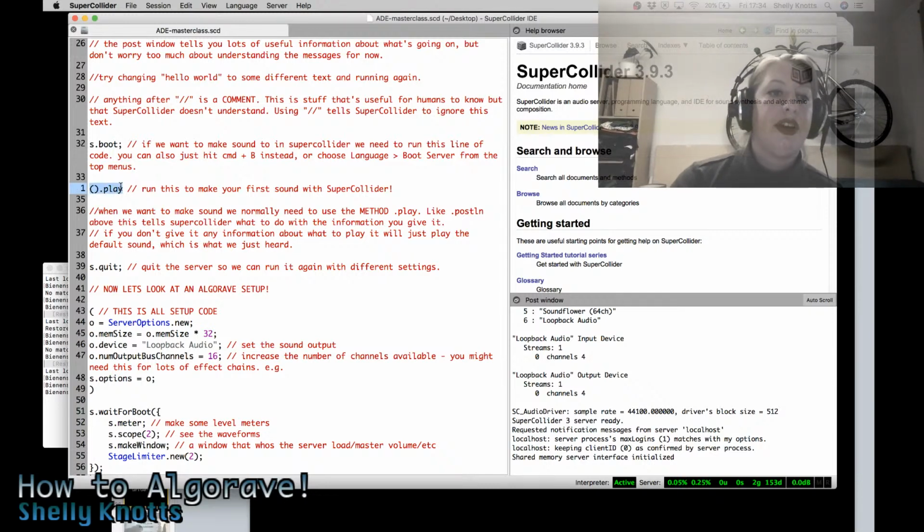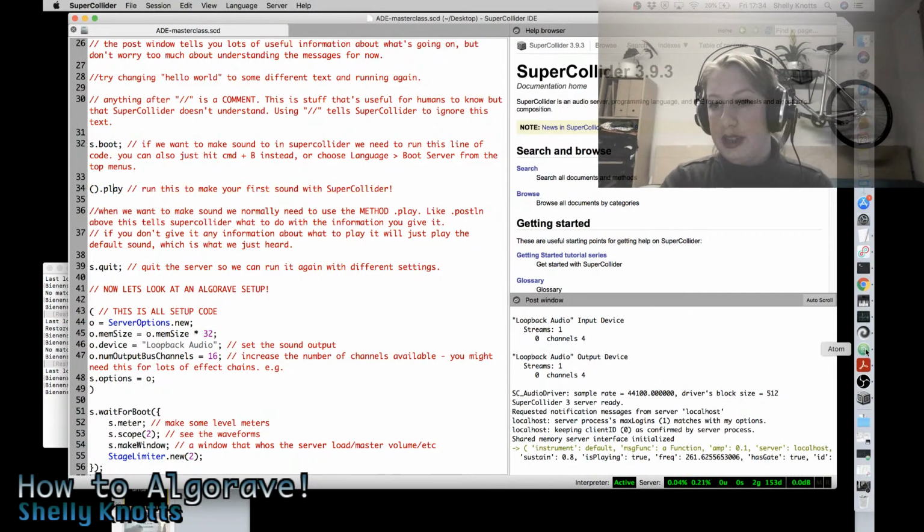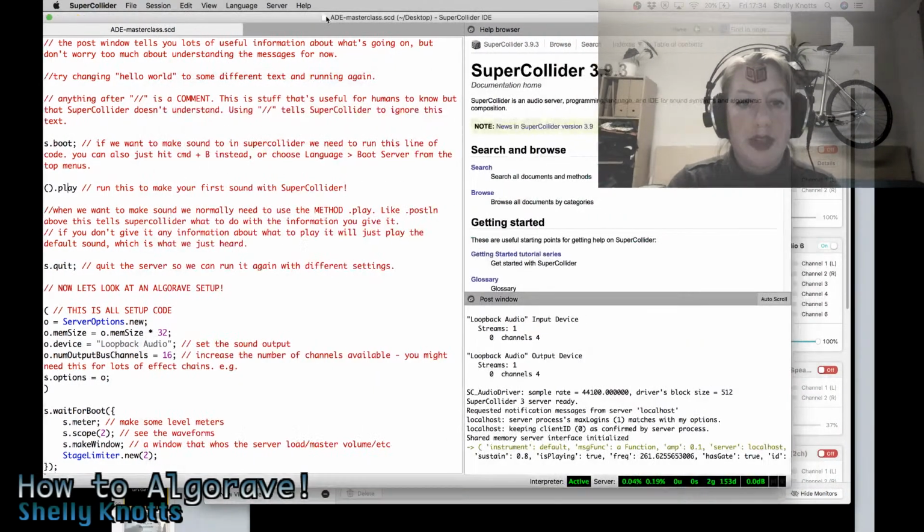So this is the first line of code we're going to run for making sound. So we've got our two brackets here and then .play. So essentially we're telling SuperCollider, play something. So if we run that, we should get a nice piano-y sound. I do not get a nice piano-y sound, and so I'm just going to check in my audio